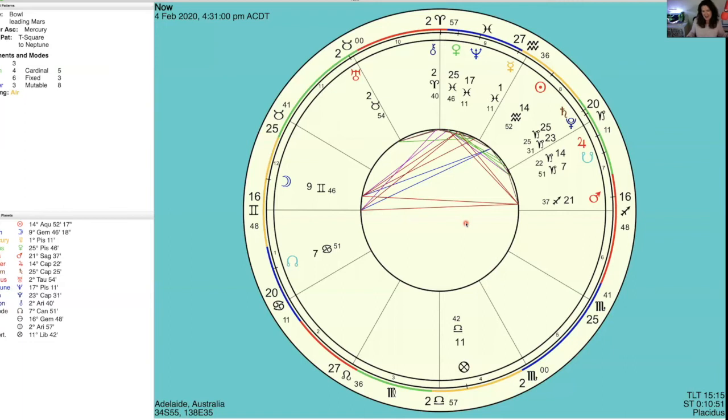Right, now we go to these lines in the middle. What on earth do they mean? Okay, there's a lot going on here, isn't there? It gets very confusing, but it makes more sense the more you get into it, the more you study it, the more you learn, and this all becomes second nature, believe me. So each one of these lines denotes a geometric angle between different planets and points in